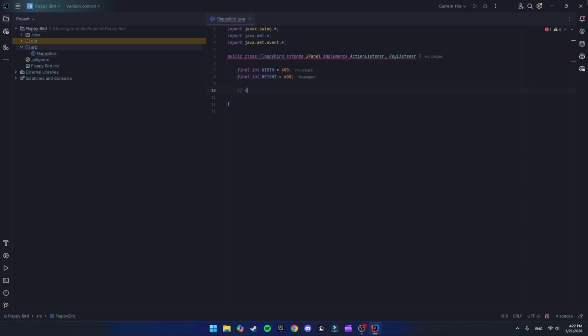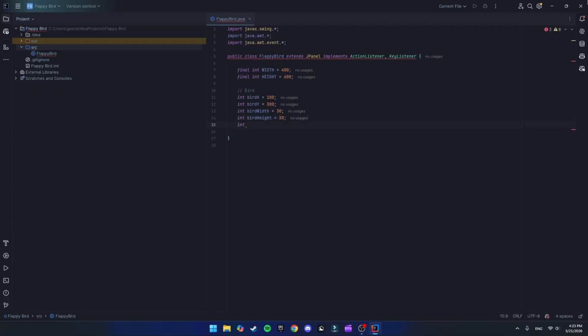After those 2, let's make some variables for the bird that the user will be playing as. So the first basic one is int birdX, and we're going to set that to 100, and then int birdY, set that to 300. That's just the position relative to the JPanel, relative to this 400 by 600 panel that we're going to open. And then you can do int birdWidth, so that's 30, and then int birdHeight, that can also be 30,